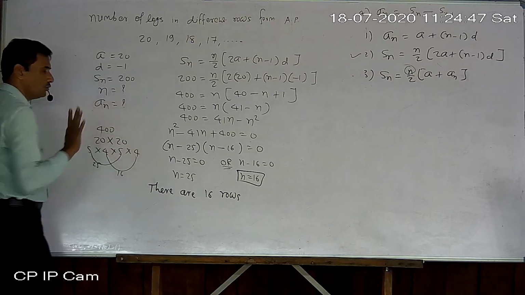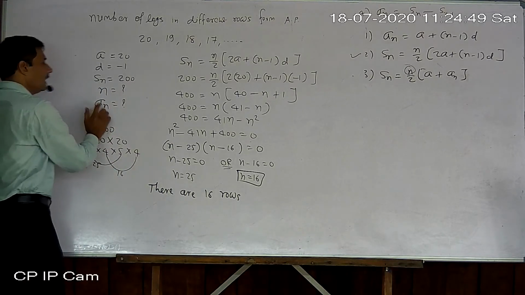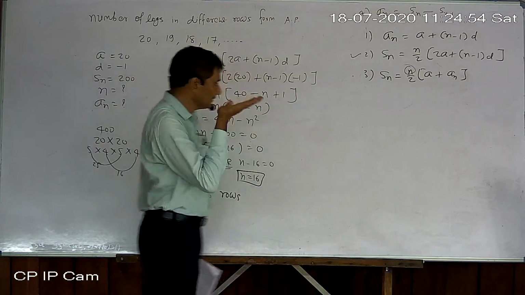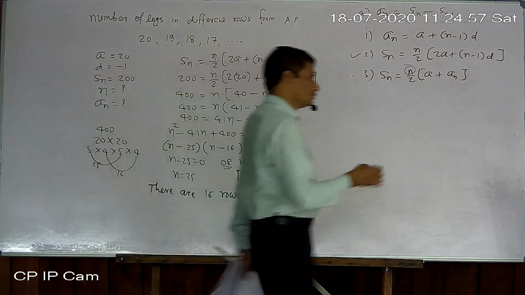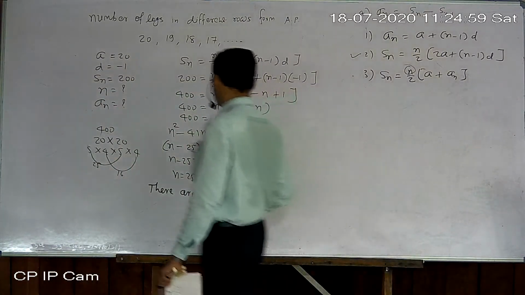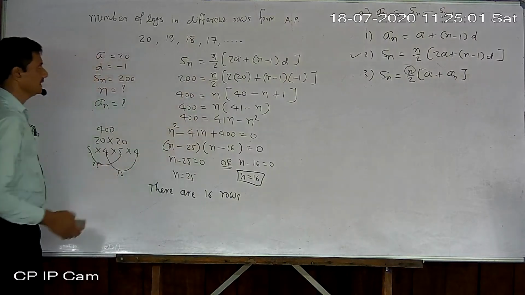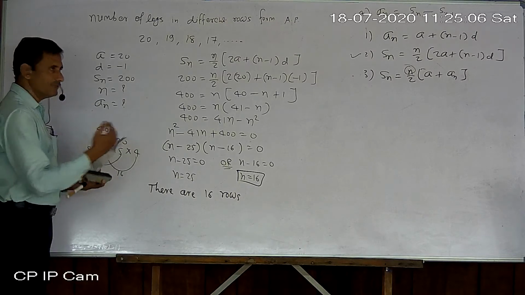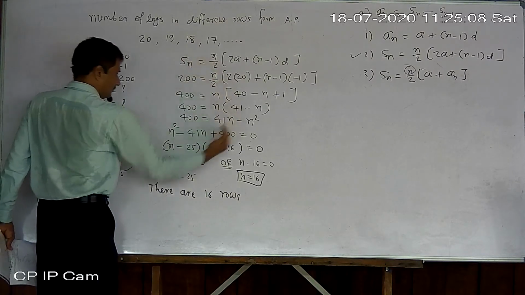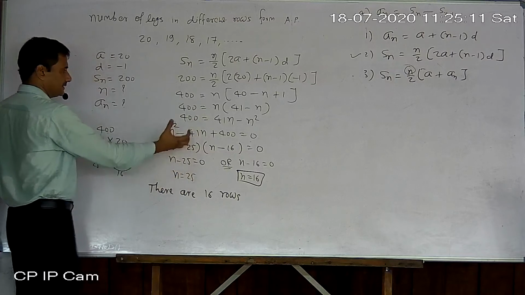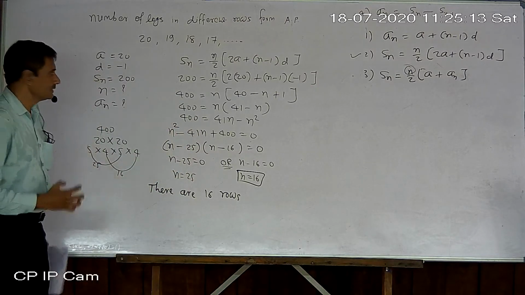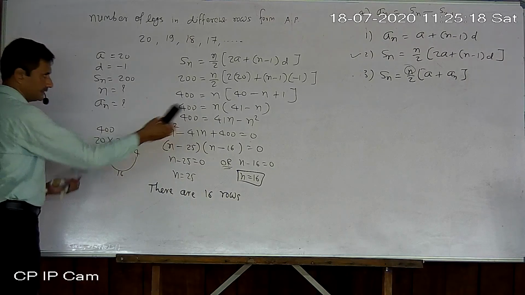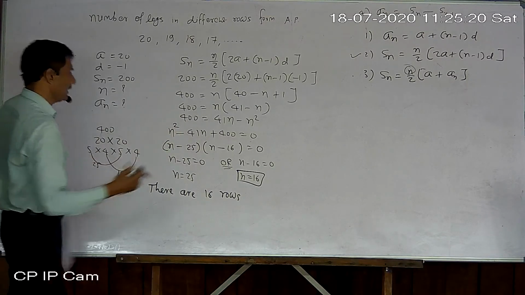They asked two answers. The first answer we got: how many rows? 16 rows. Now, how many logs will be on the top row? So we have to find AN also. Again, just understand this sum. This is quite repeating. I think the third or fourth time we are solving the SN formula in reverse, meaning factorization of a quadratic trinomial. Now, after finding n, just find A. So I am just writing AN.